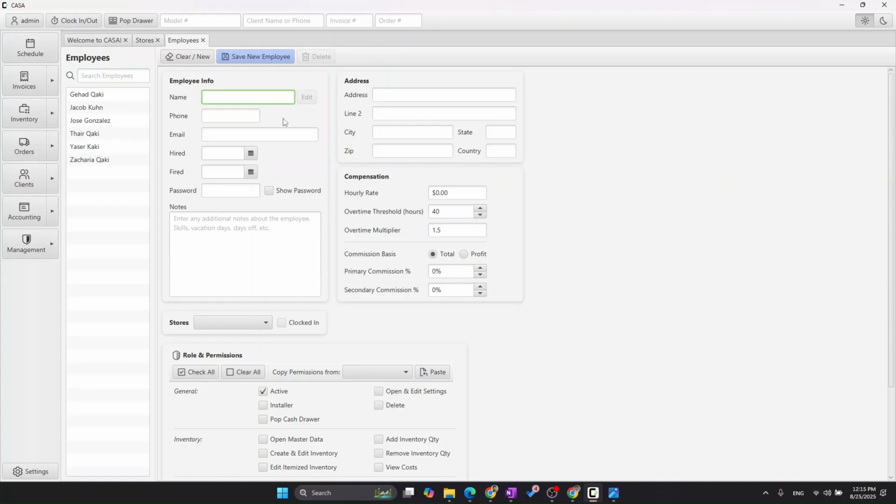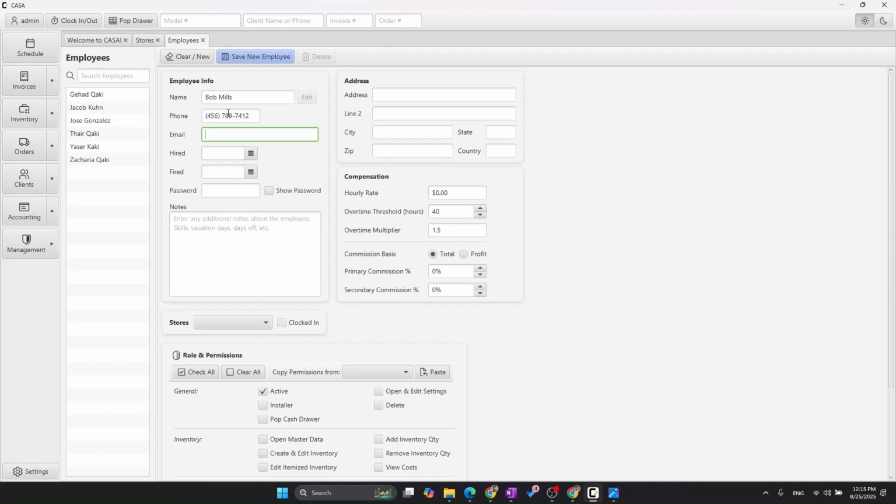You do want their name to be unique. So you don't want to have any confusion, of course, with like sales commission and things like that. So it's best to make sure you have unique names for each of your employees. Even if you have multiple employees with the same name, add a middle initial or add some type of denotation in their name that makes it clear which employee it is. In this case, we'll be adding Bob Mills, let's say,